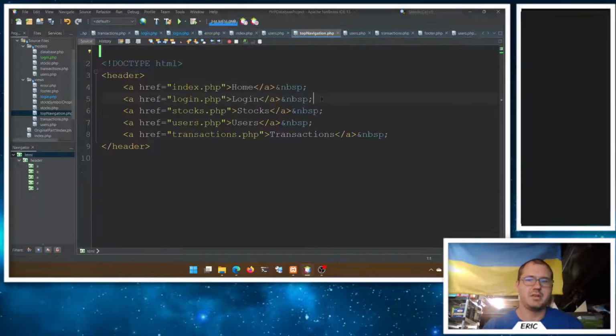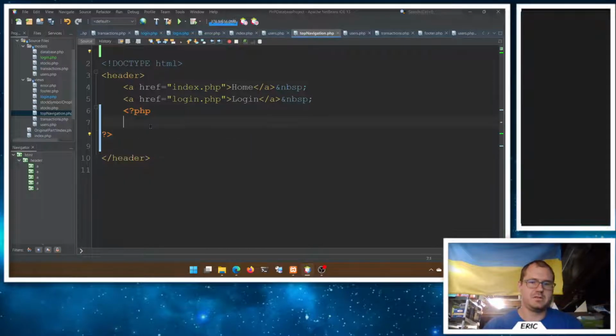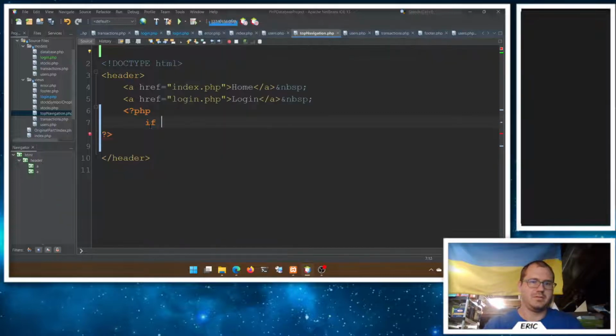This will be okay. So we'll say, hey, if my session value is set, $_SESSION is logged in, right? So if it's set,